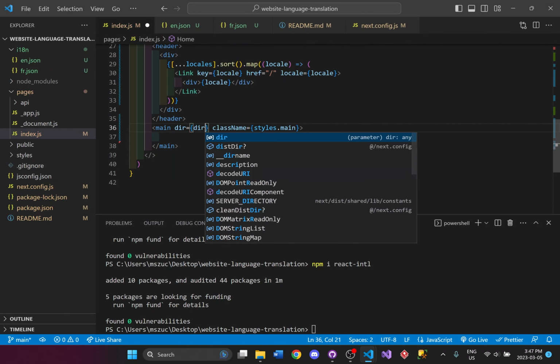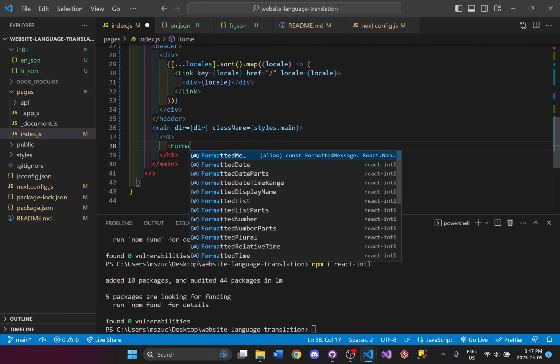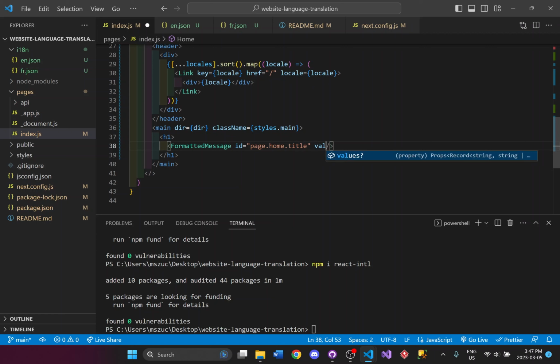So this is for text direction, and h1 FormattedMessage. Based on the FormattedMessage, we're going to grab the ID, which is page.home.title, values.